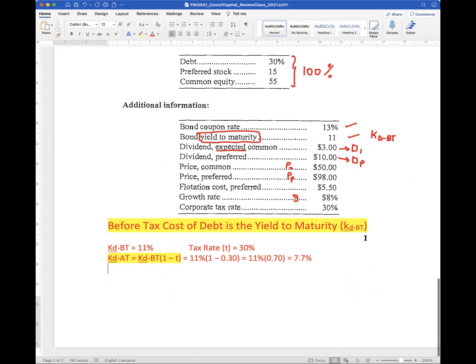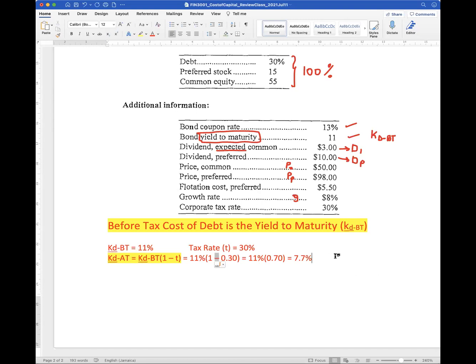All right, so I like to deal with things in order. So I deal with debt first, but you really don't have to follow that particular order. But trust me, life is normally smoother when I do things in a structured manner. After I deal with debt, I normally take care of preferred stock, and I take care of my common stock last. So we are given